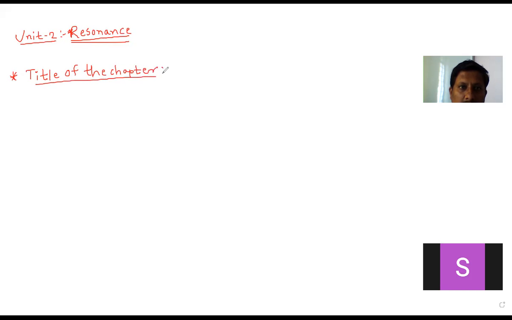What is the title of the chapter or title of the unit? That is resonance. So we need to understand the concept of resonance. The title of the chapter is simple, within one word. So resonance means what? It is the phenomenon